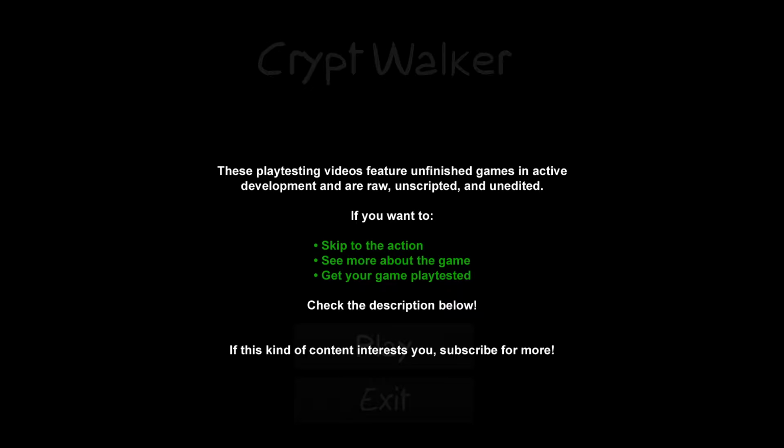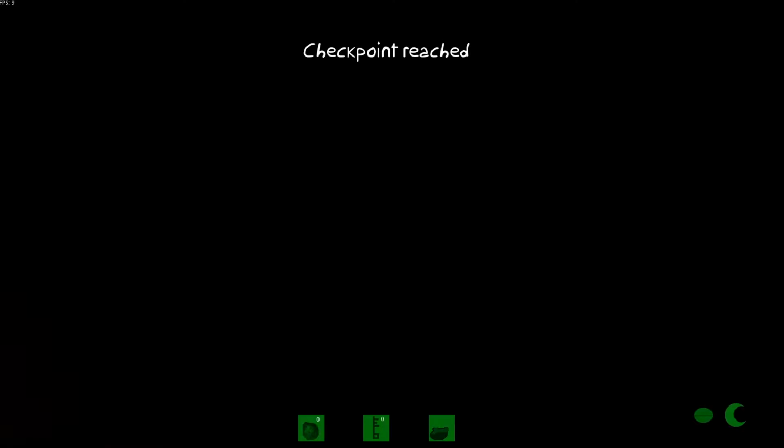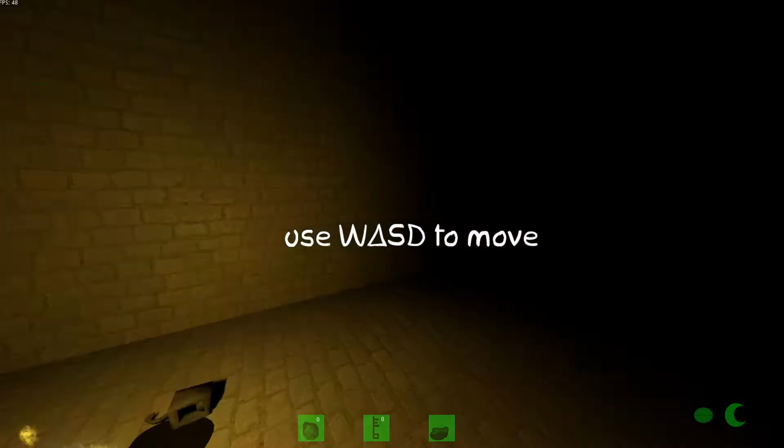All right, let's go ahead and give this a shot. I'm not seeing anything past this screen here. It doesn't look like we have any options. Click on play. Checkpoint reached. WASD to move. Okay, so